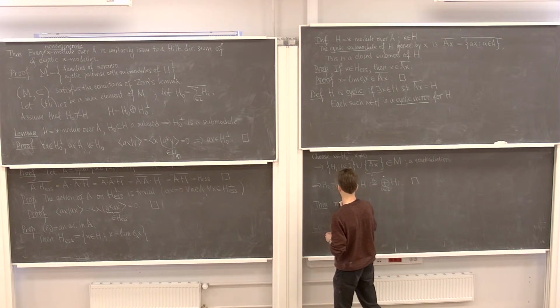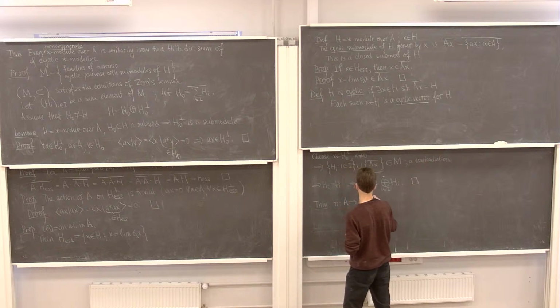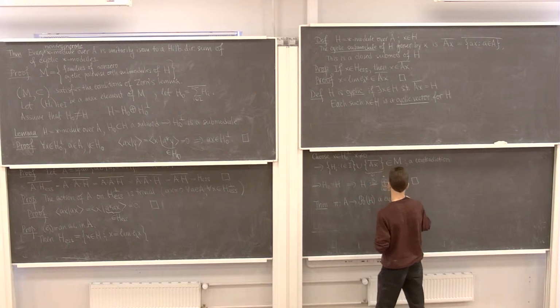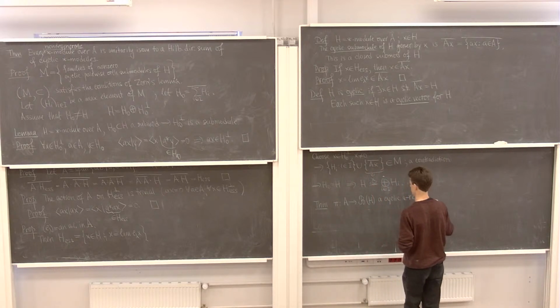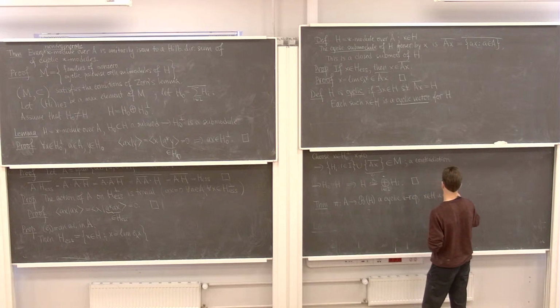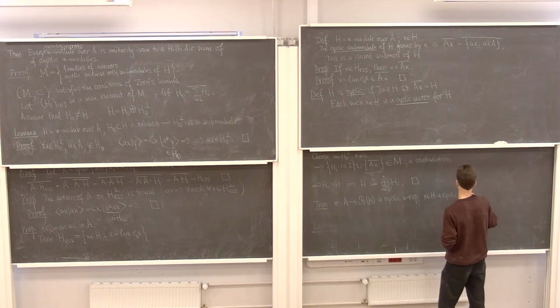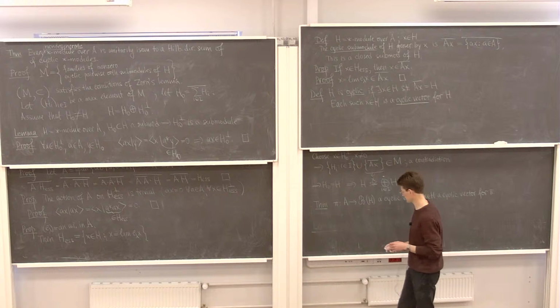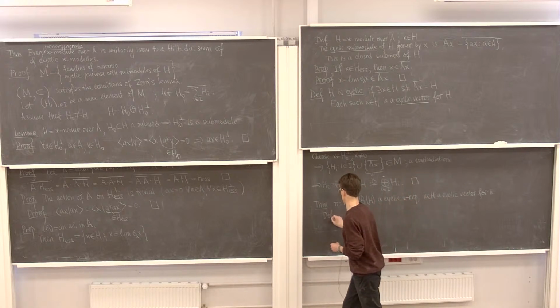Suppose that pi is a cyclic star representation of A on Hilbert space H, and let little x be a cyclic vector for this representation. We define a functional f on A